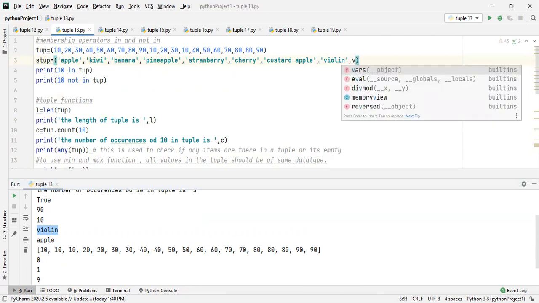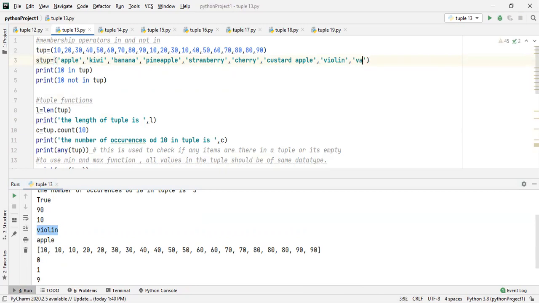Suppose I also put a vase, or vase will have lower, actually, A will be less than I. Something more than I, or I can go for something with S.